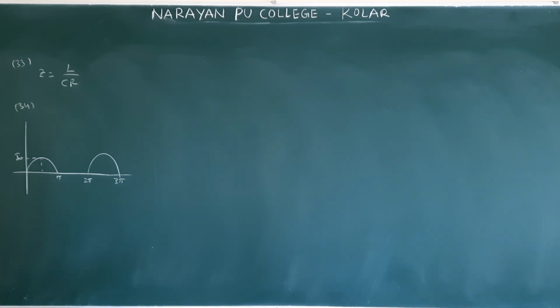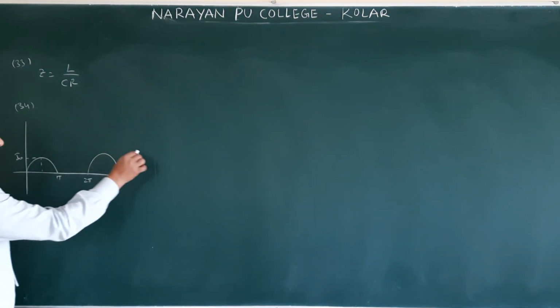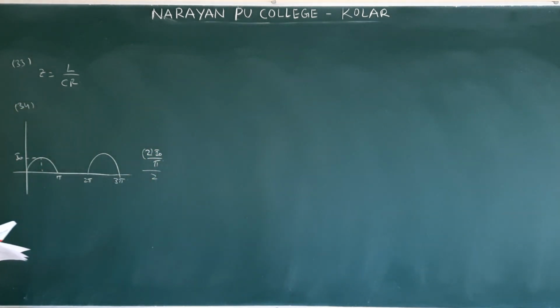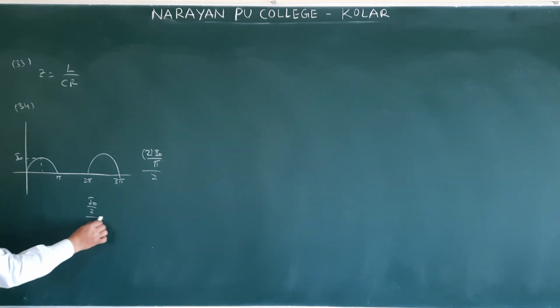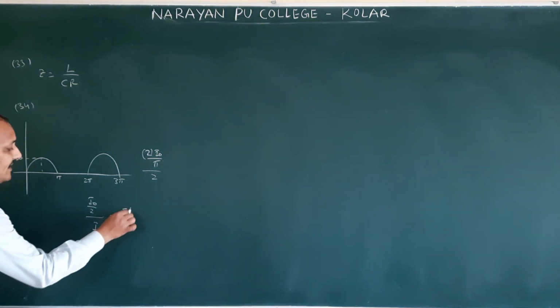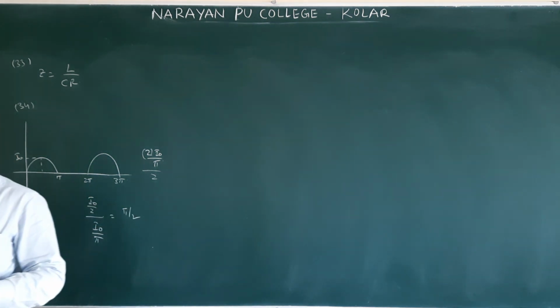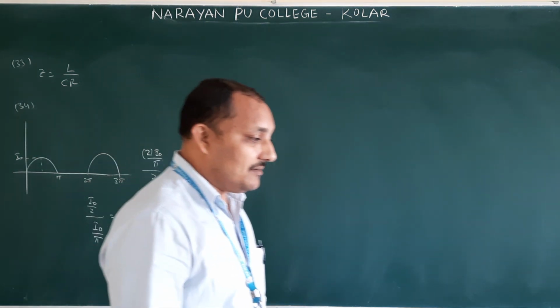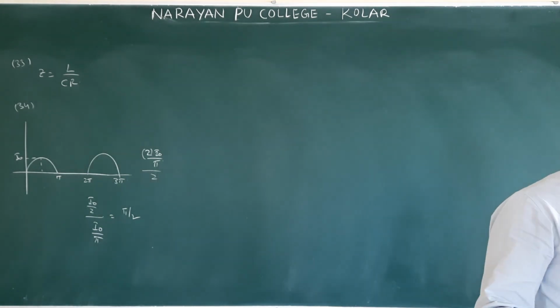Next, the average value of current. If it is a full cycle, it means 2I naught by pi. Therefore for a half cycle, divided by 2, it means I naught by pi. So the second one is also correct. The form factor is pi by 2. Form factor means RMS value by average value: I naught by 2 divided by I naught by pi means pi by 2. So that is also correct. Therefore 1, 2, 3 are correct. Next, question number 37. The core of a transformer is laminated, so that we told you about energy losses in a transformer in theory in PU. So the core of a transformer is laminated.